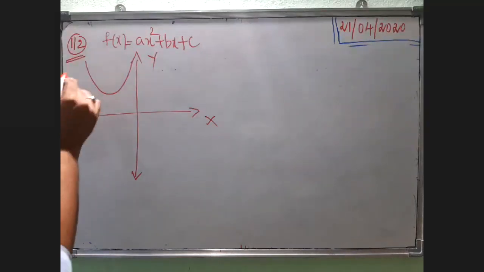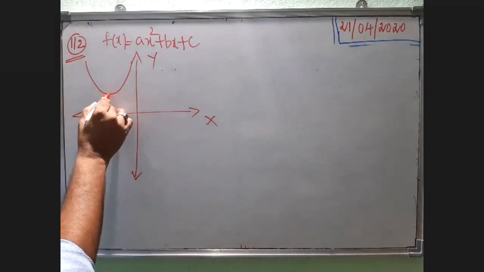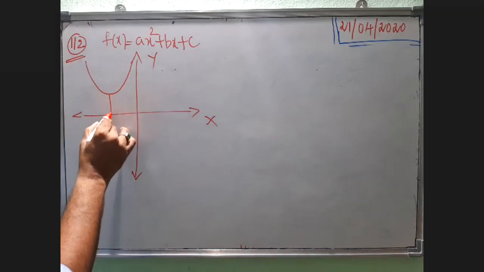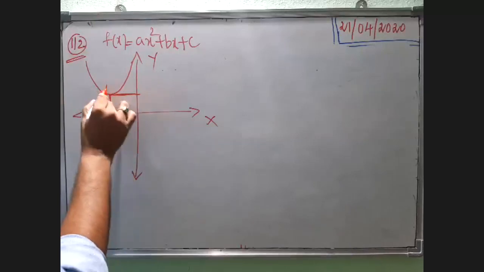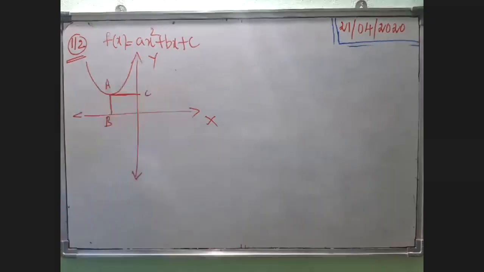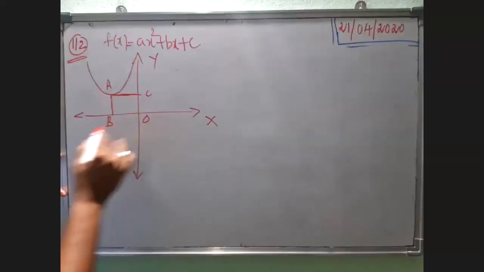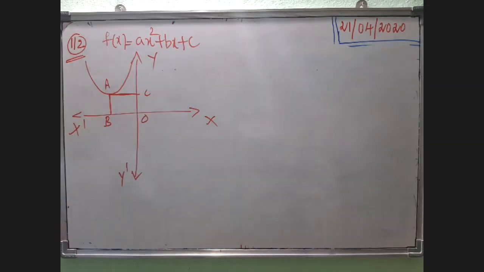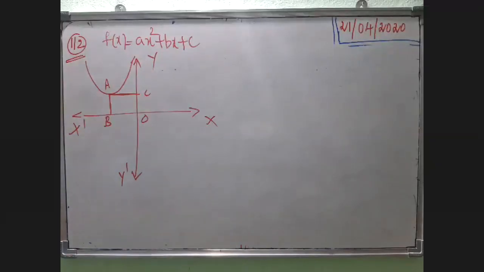Okay, this is the parabola, and he gave here the vertex. You know very well, this is called the vertex of the parabola. This is called A, and this is B, and here it is C. Vertex of the parabola A, B, and C. Origin here, this is x dash and y dash. So I have drawn the diagram. Okay, now the question is